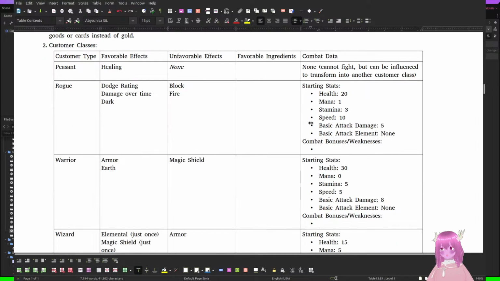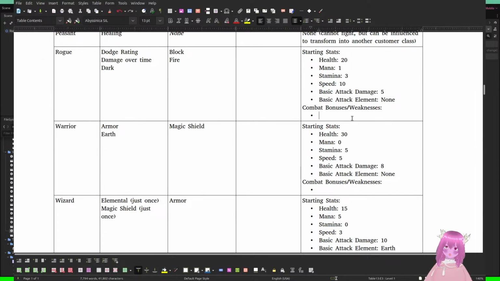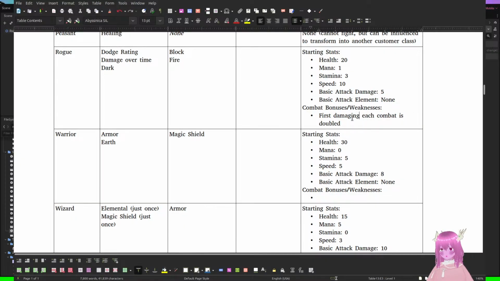Anyway, combat weaknesses and bonuses for the rogue. I think that the rogue's first attack each combat is doubled. First damaging move, I guess? It could be a basic attack, it could be a card. But the first damaging move each combat is doubled.